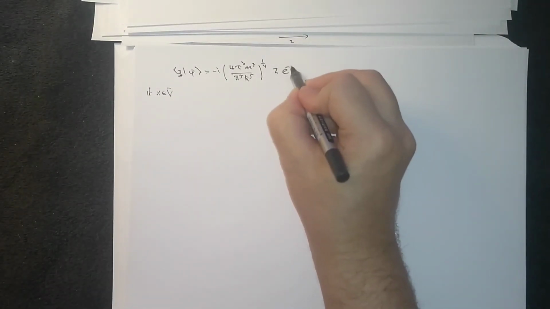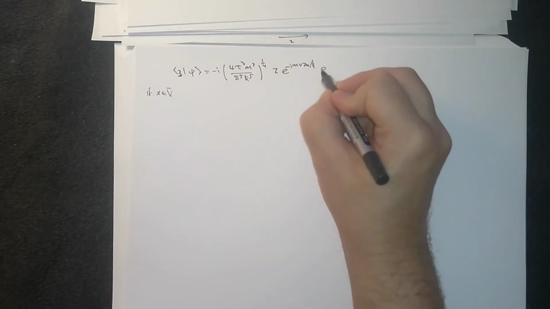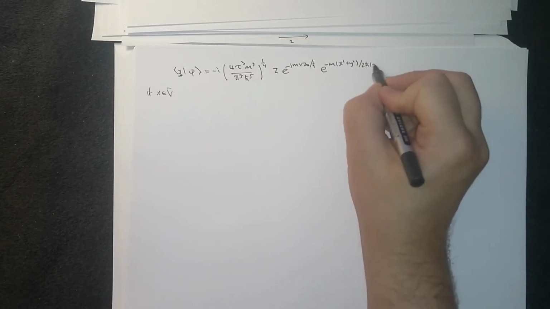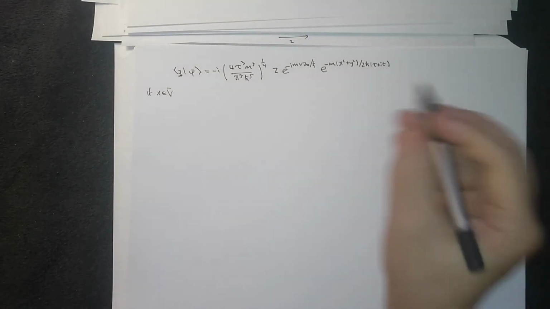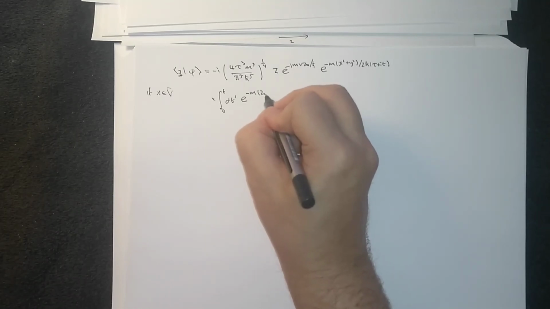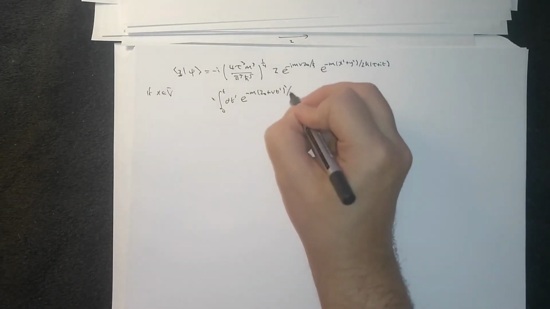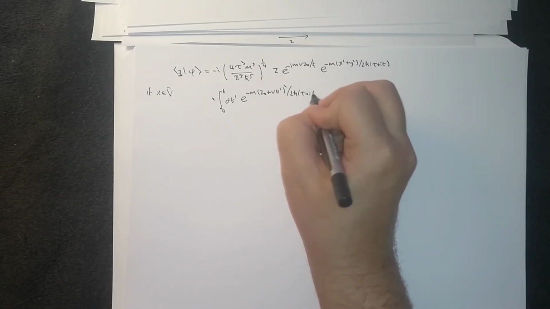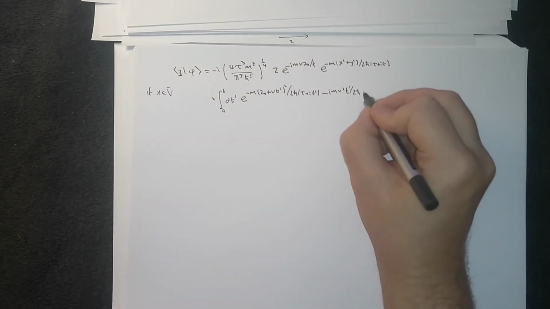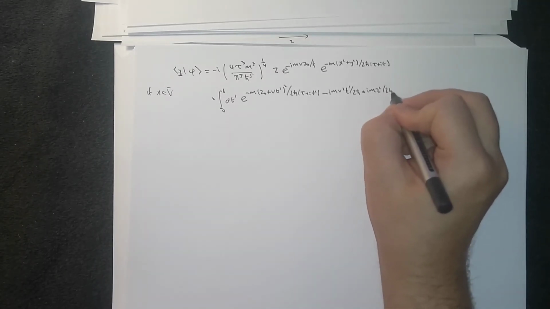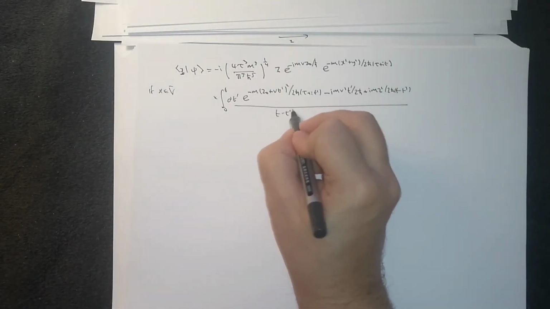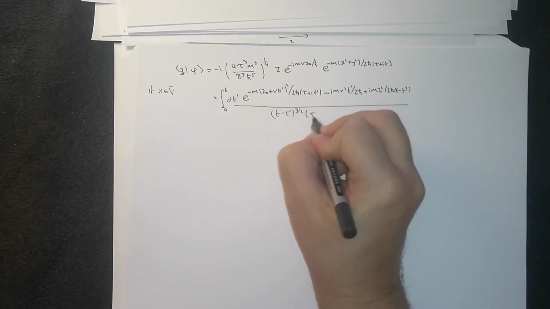Z e to the minus I m v z naught over h bar e to the minus m x squared plus y squared over 2h bar tau plus I t times the integral dt prime naught to t of e to the minus m z naught plus v t prime squared over 2h bar tau plus I t prime minus I m v squared t prime over 2h bar plus I m z squared over 2h bar t minus t prime, all divided by t minus t prime to 3 over 2 now, tau plus I t prime to 1/2